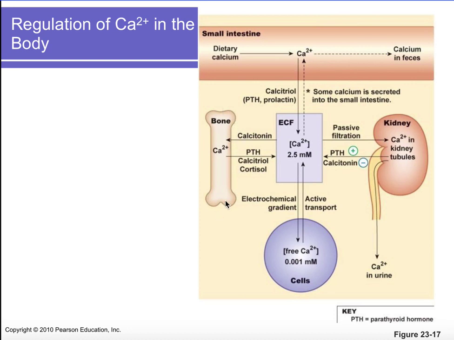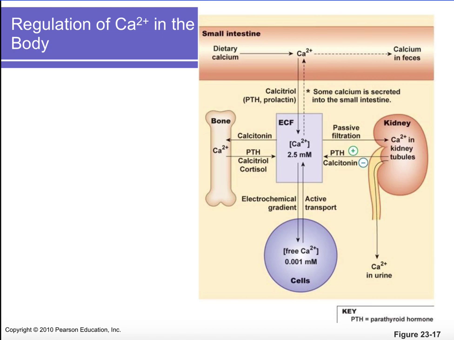So the bones are drawn here. We also get calcium from our diet, and we absorb things from our diet from our small intestine. So the small intestines are seen here because they're going to be important in calcium regulation or levels. And then the kidneys are shown here. The reason is because we can actually excrete calcium, lose it in our urine. Okay, so obviously the kidneys play a role in blood calcium. If we understand that all three areas are important, it's easy to figure out what would happen when blood calcium is too low. So let's start with that. Let's say our blood calcium levels are too low.